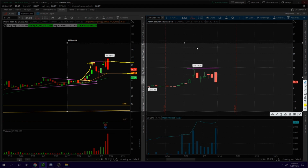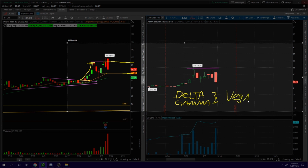So just a quick recap, you have delta and gamma, which affect the price of the premium. You also have vega, which affects the price of the premium. When you have large spikes in either direction, your vega is going to inflate, which makes the price of your contract also inflate. And once you start having those corrections, that side